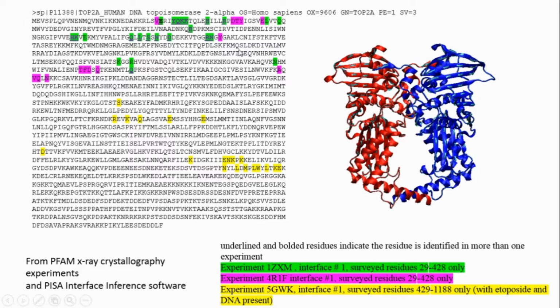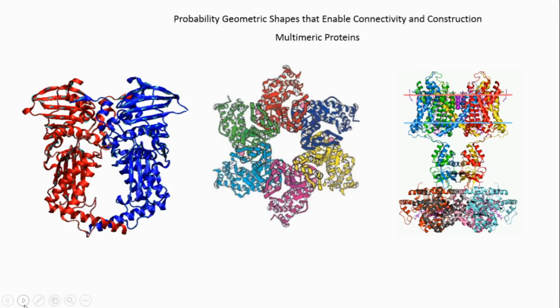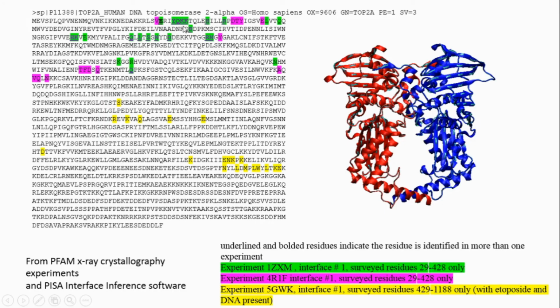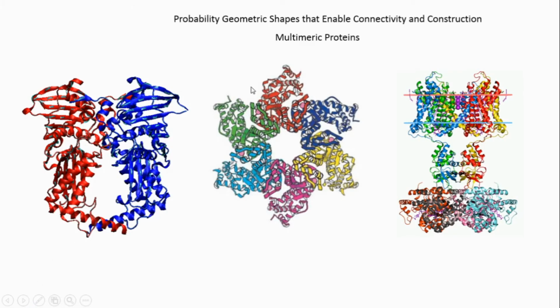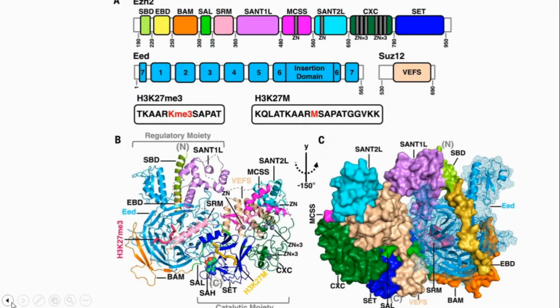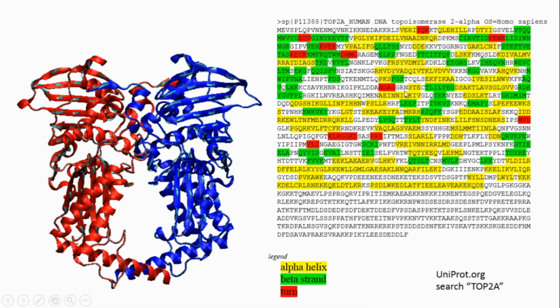One, it has to be shaped right, as Bruce Alberts ably illustrated with his diagram. It has to be shaped right, and then one has to have the right amino acids with the corresponding charges to enable the connection. This is non-trivial. This is non-trivial. And this layer of organization for all the connections is on top of the other layers of organization that I'm pointing out here.